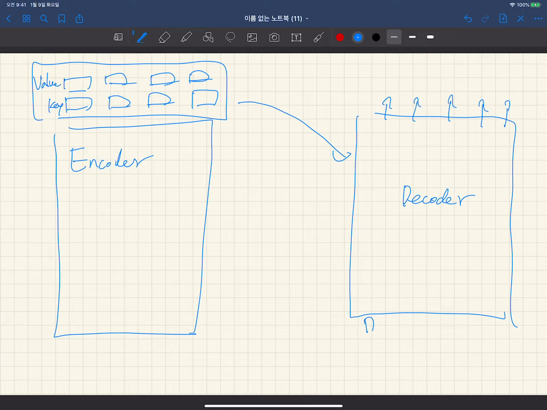Here, this key and value go to some layers of your decoder structure, and the decoder structure also utilizes self-attention